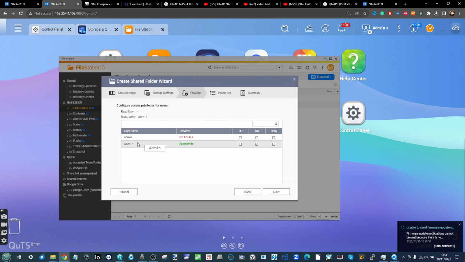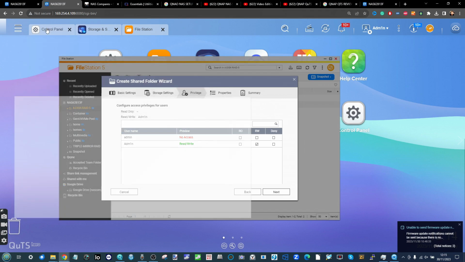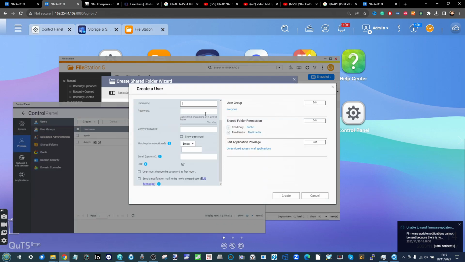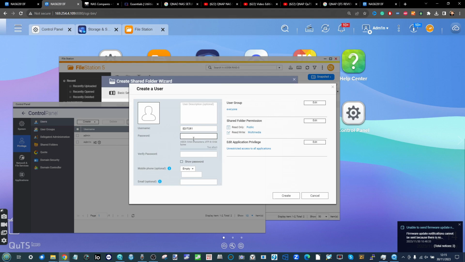It's recommended, if you are going to be editing video on the system, to never ever use the admin account. Go ahead into the control panel and create yourself a brand new user for editing. In control panel, click create, select create new user, call this person editor or editor1, whatever suits you. Give them a password if you choose, and then that user will be the user who you will use for